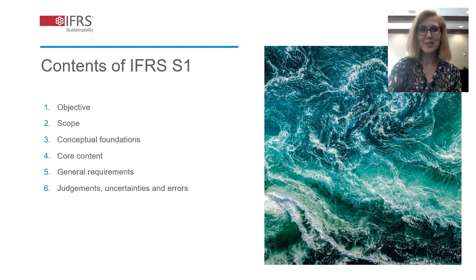This slide sets out the contents of S1. I'll go into more detail about some of these areas over the following slides, but I wanted to share with you first how S1 is set out. So S1 has 6 sections: the overall objective of the standard, the scope of the standard and the ISSB standards at large, the conceptual foundations of sustainability-related financial information, which includes the requirements on materiality and connected information,